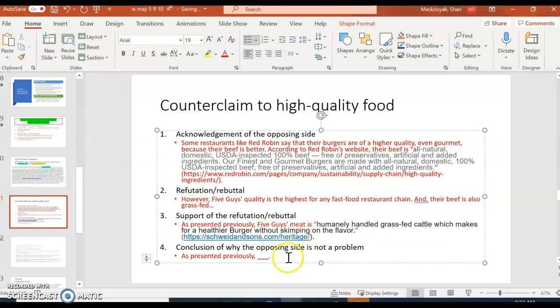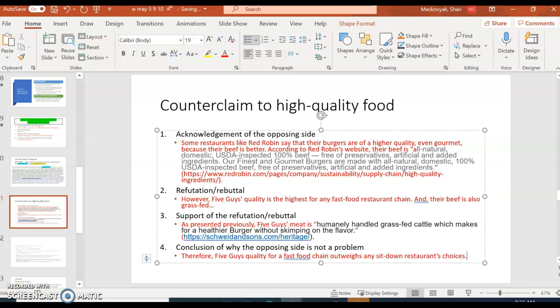Here's my citation. So here, I'm not going to say as presented previously because I already said that, but I could say something like, therefore, Five Guys quality for a fast food chain outweighs any sit-down restaurant choices or something like that.